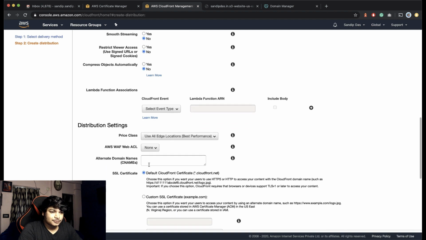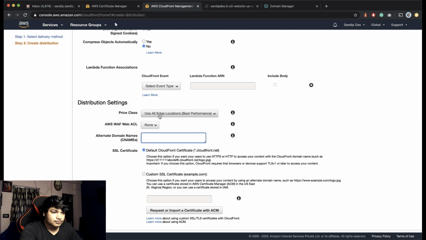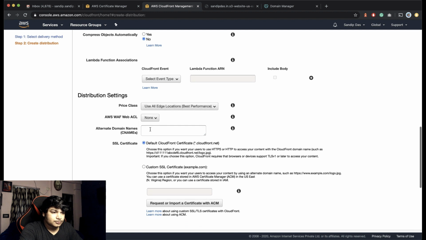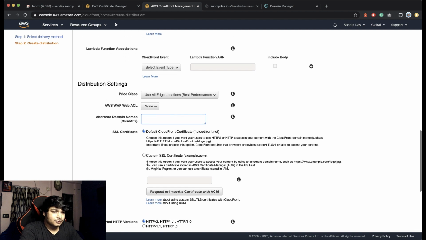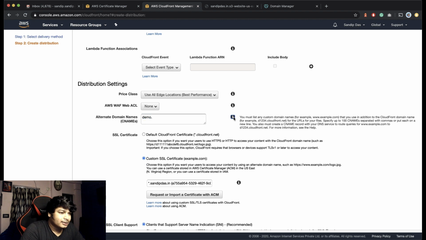Now associate domain names. You can add the custom SSL certificate if you have one. So this is .in. Here you want demo dot, let's say anything. It says you must list any domain names that you use in addition to the CloudFront domain names for the URL.